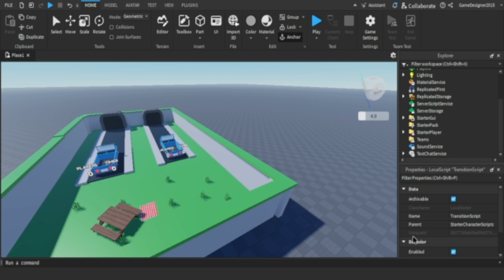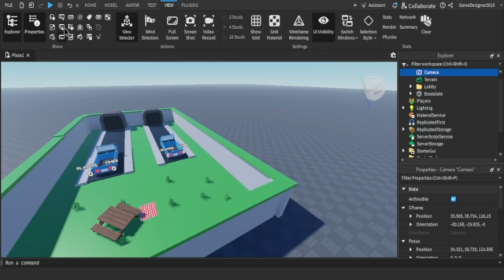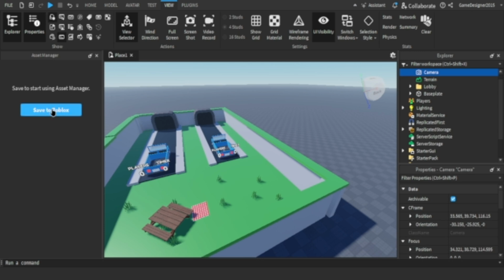Now what you're going to want to do is get the little teleport ID thing. Go to View, and it should be this one right here, the Asset Manager, not the Toolbox, the Asset Manager. Click File, Publish to Roblox As,